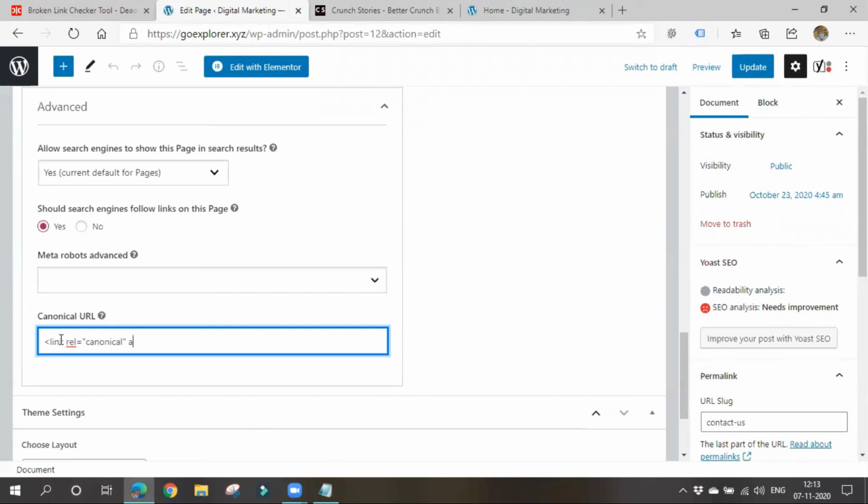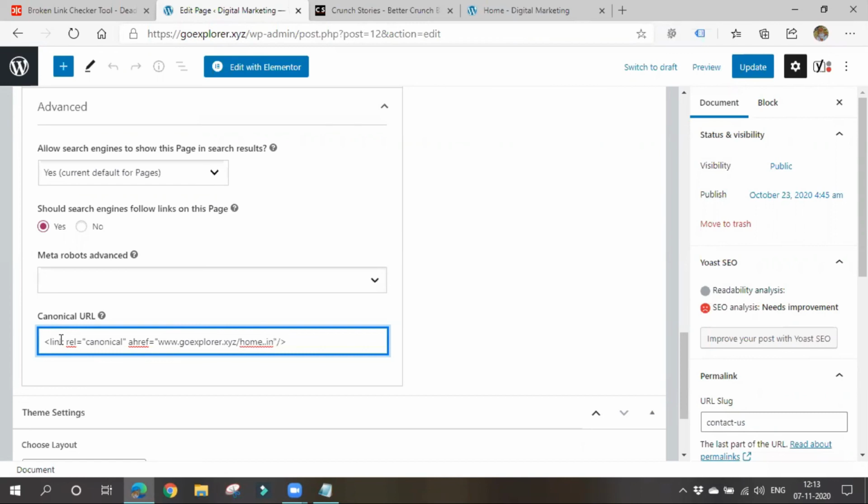Then href equal. In HTML, href means you are giving some URL. If you are giving any URL, you will give that www dot goexplorer.xyz slash home dot in.